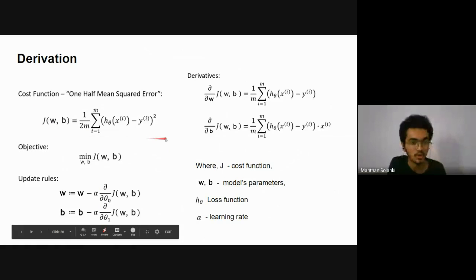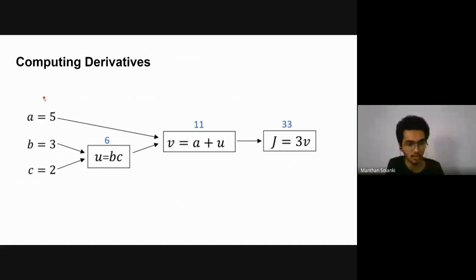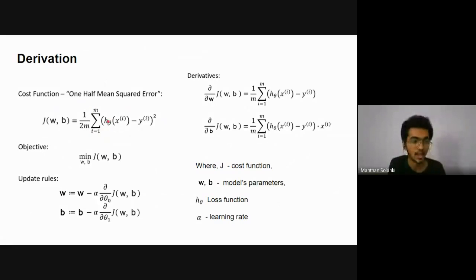This is our cost function, and h of theta is my loss function. Loss is for individual images, individual data points, and the average is my cost function. We want to minimize this cost function. This is our objective. Now what is the update rule?